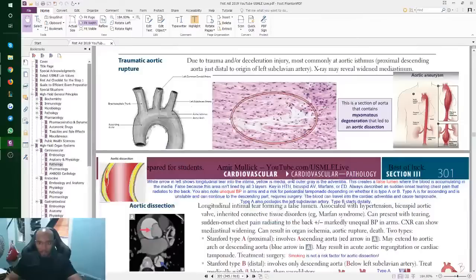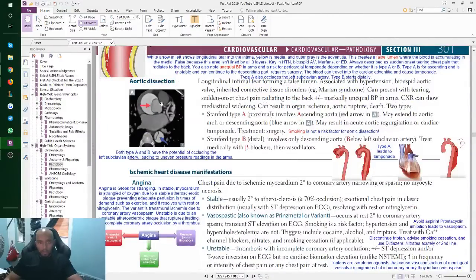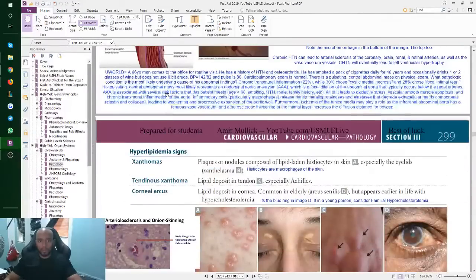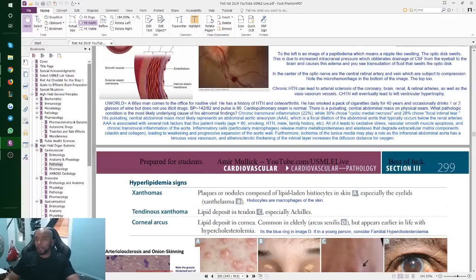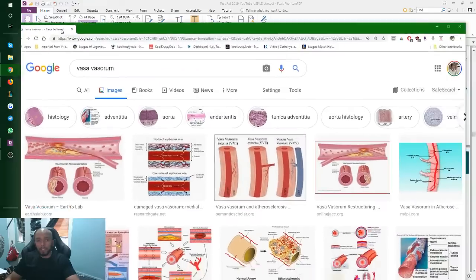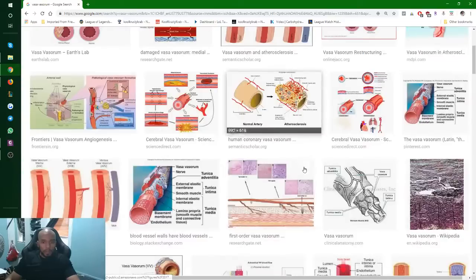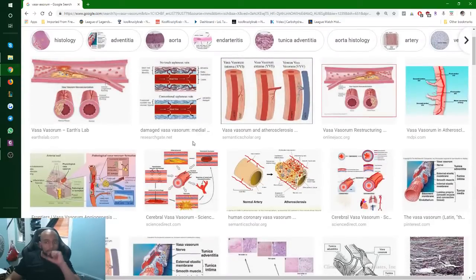Let me see if I have a picture of the vasa vasorum stuff. No. Okay, let me just find something real quick. Vasa vasorum. Okay, so looking at Google, searching for vasa vasorum, we are seeing, let's see,